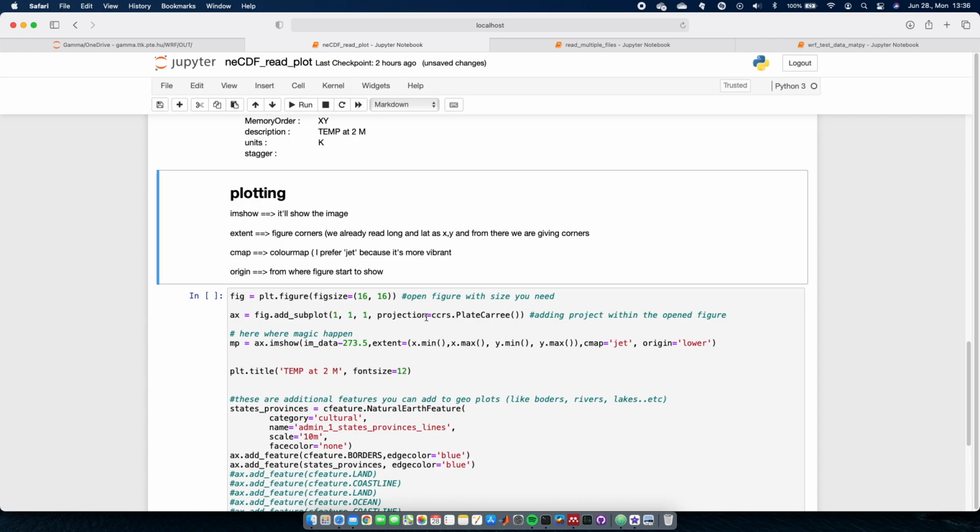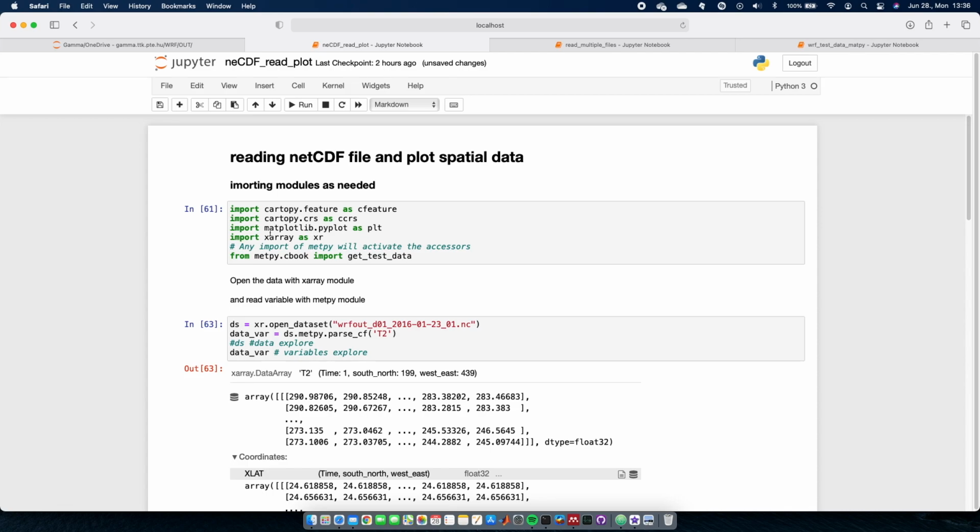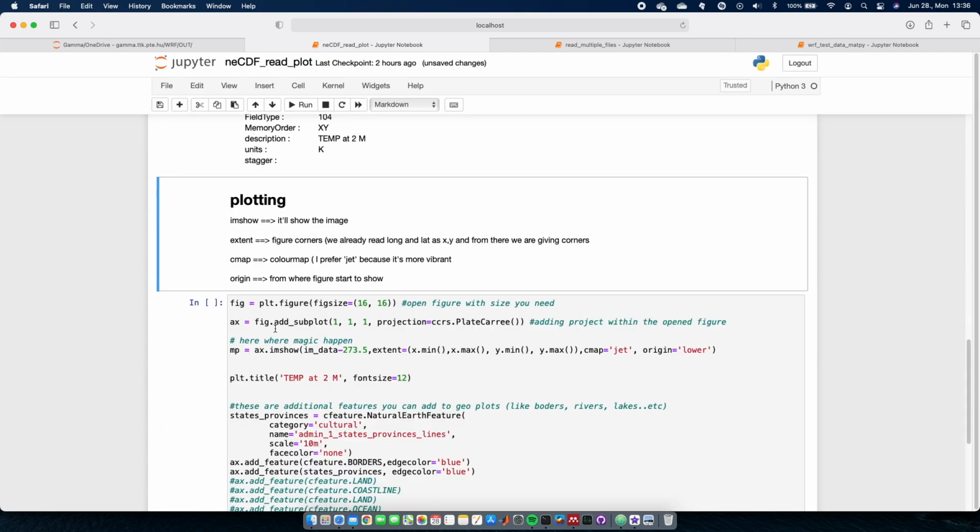It's not another figure, but within the figure I'm adding another subplot to put the projection map, with the help of ccrs, which I already read with the Cartopy module. So here I'm giving the projection.